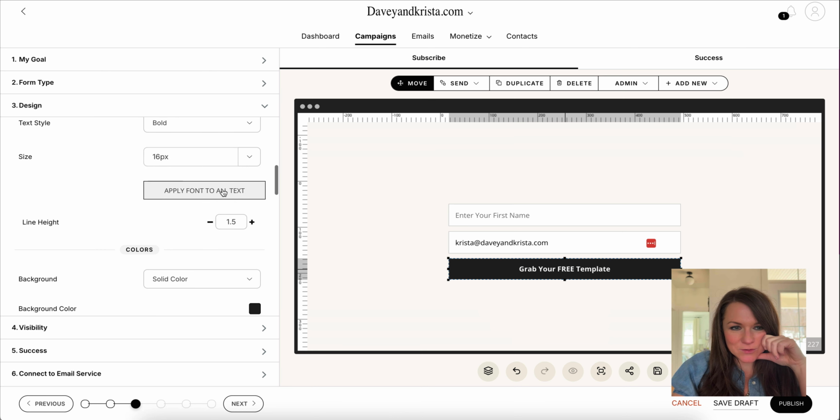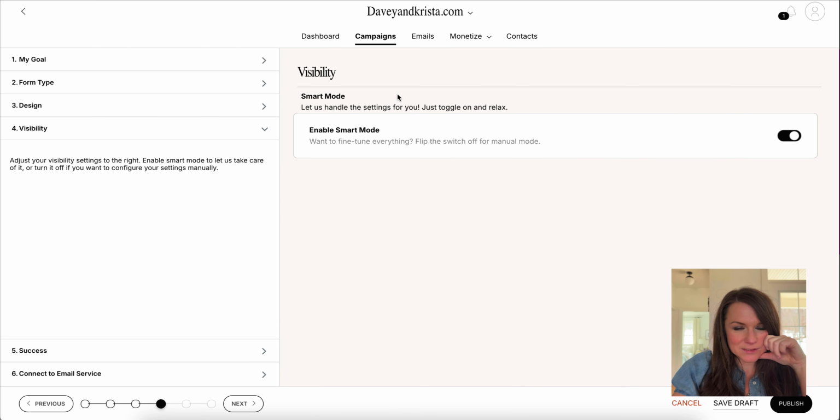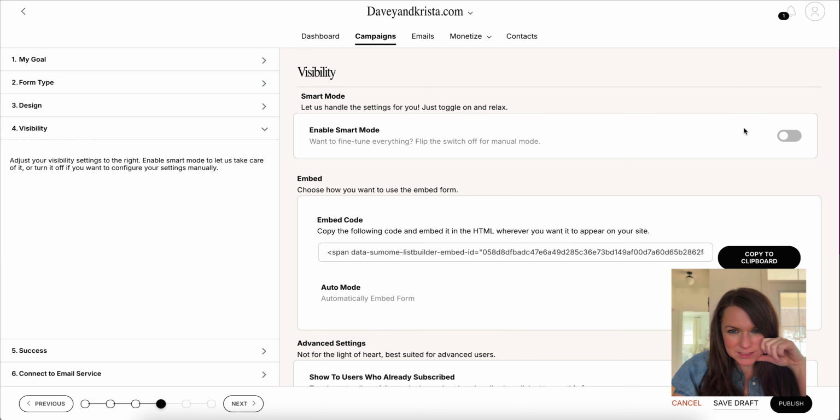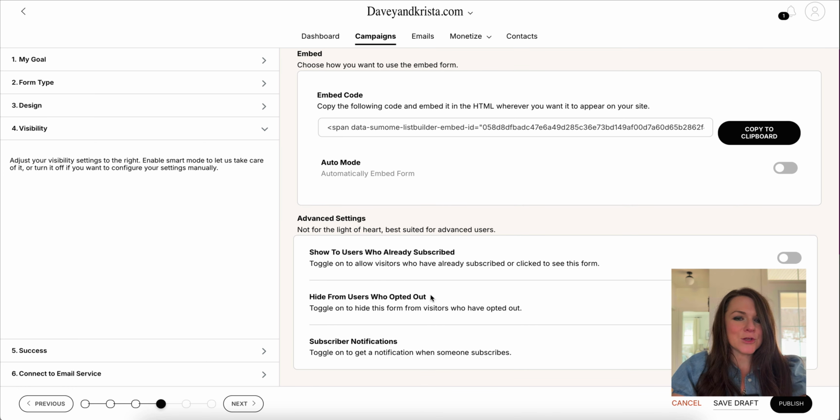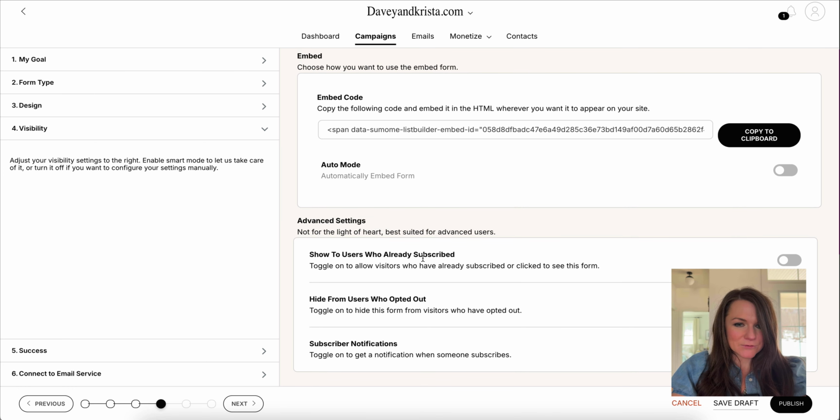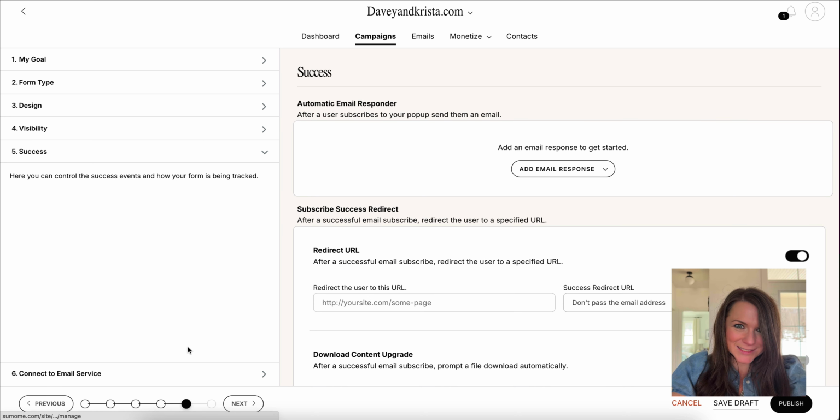And then I'm going to keep scrolling down and going through these different settings. So I don't need to enable that smart mode. I'm going to grab this code in a second, but I'm going to customize a few more things first. You could also get fancy with some of the settings and hide it from people who have already subscribed. I don't typically turn that on because I want it to always be visible, just in case somebody forgets that